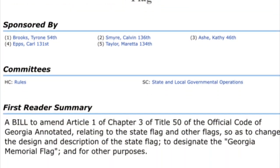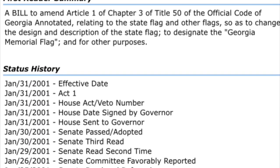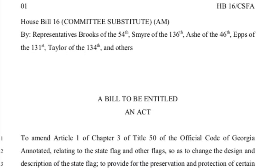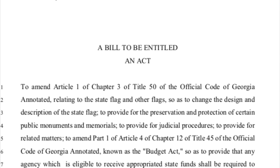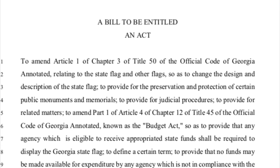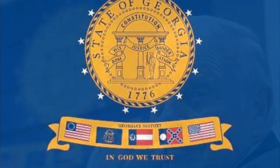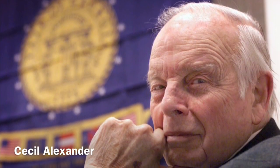In 2001, Governor Barnes began taking steps to change the flag to a flag without the Confederate battle emblem. He introduced House Bill 16, which would return the flag to the pre-1956 flag. He secured votes to ensure the bill passed. Legislation passed and the 1956 flag was replaced by the new flag designed by architect Cecil Alexander and flew from